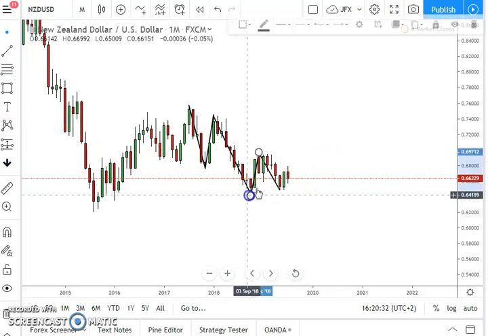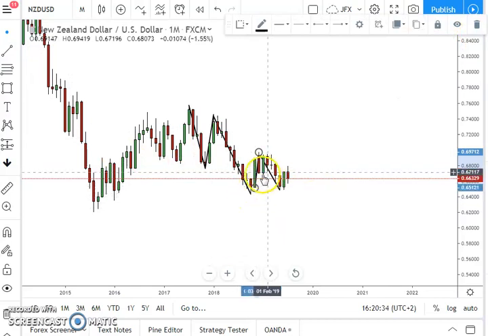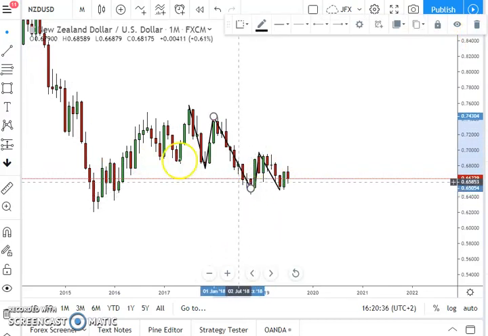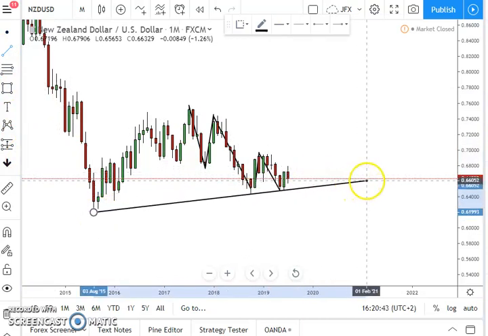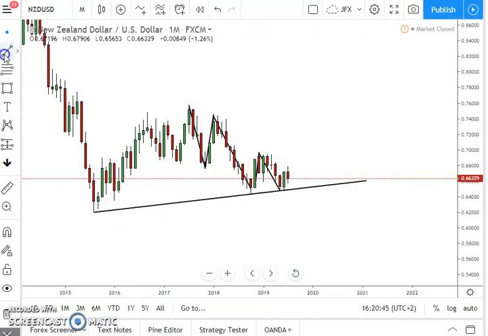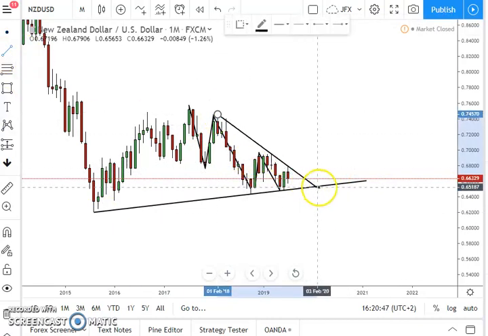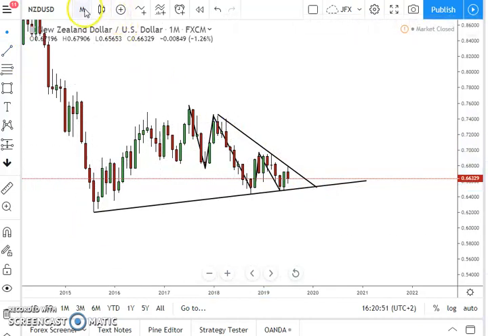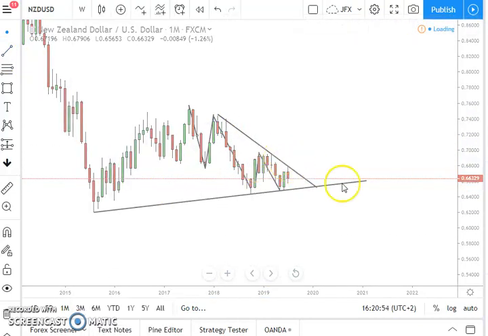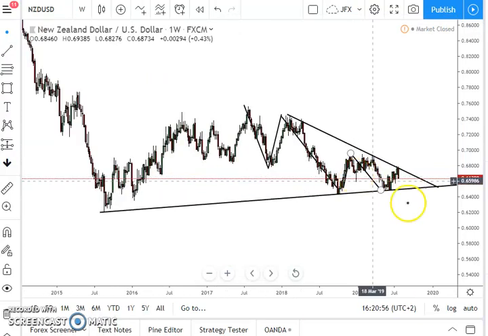Another thing that we have right here, let me just remove this a bit, we still have a trend line right here, which we also bounced on, meaning that we are more in a triangle pattern right here. That's what we see. So right here, if we break it down again to a weekly time frame,